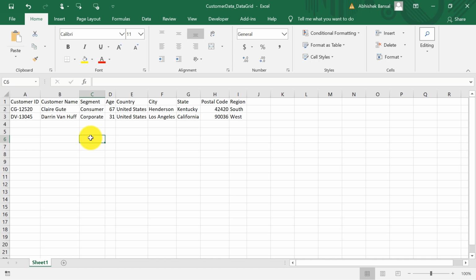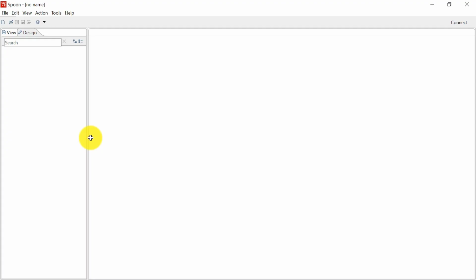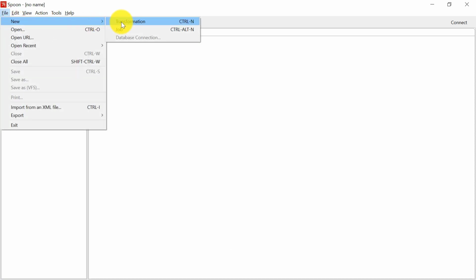For the purpose of this example, we are going to input the details of these two customers manually. So let's open Spoon and let's do it. The first thing that we have to do is go to File and start a new transformation.